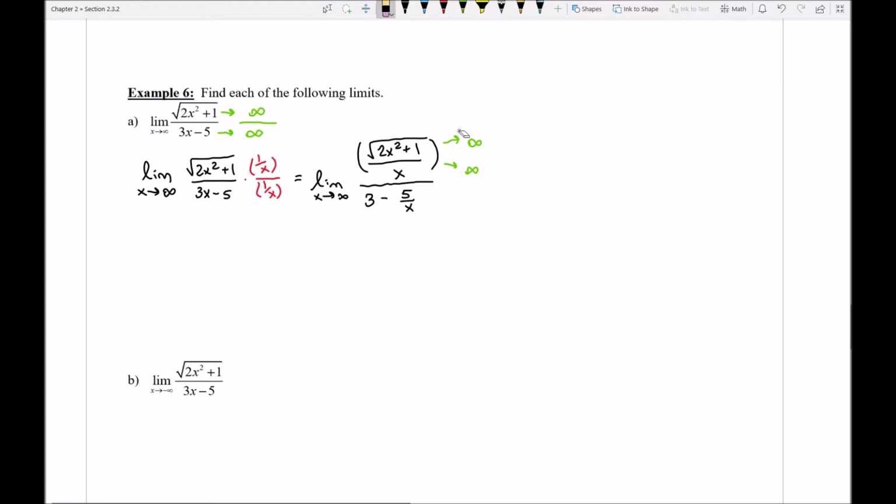But this is where we're going to have to pause the argument to try to explain something. And I'm going to ask you to do a very similar explanation when I let you try part B in just a moment. So make sure you pay attention to this. Here's what we're going to go ahead and note. First, I want to just make note